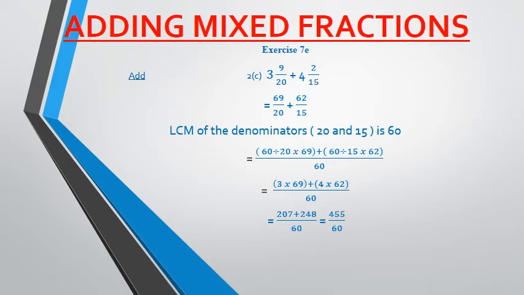Now we can divide 455 in the numerator and 60 in the denominator by the common number 5. And what do we get when we divide both the numerator and the denominator by 5? We get 91 upon 12. So this is the answer, but our final answer will be in the mixed fraction, because this fraction is an improper fraction. So first of all, we will change it into a mixed fraction. And when we change it into a mixed fraction, what do we get? We get 7 7 by 12 as our answer.